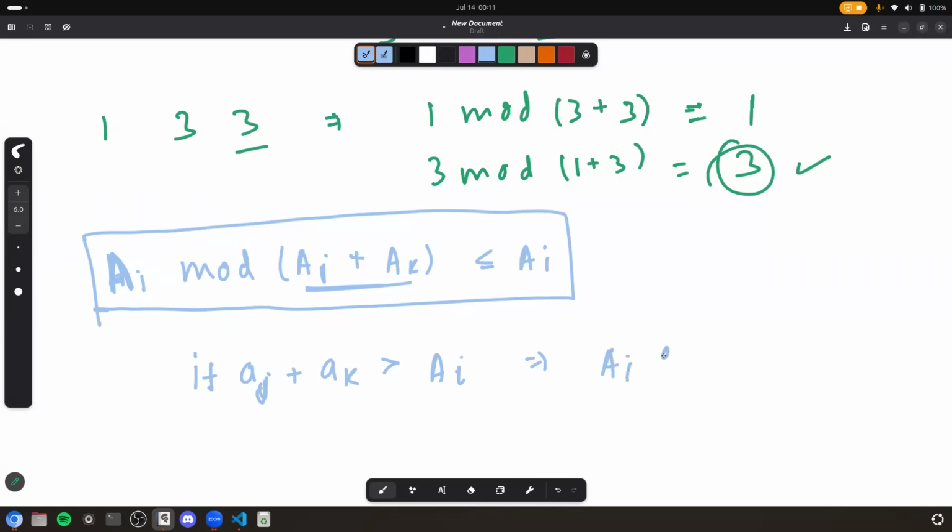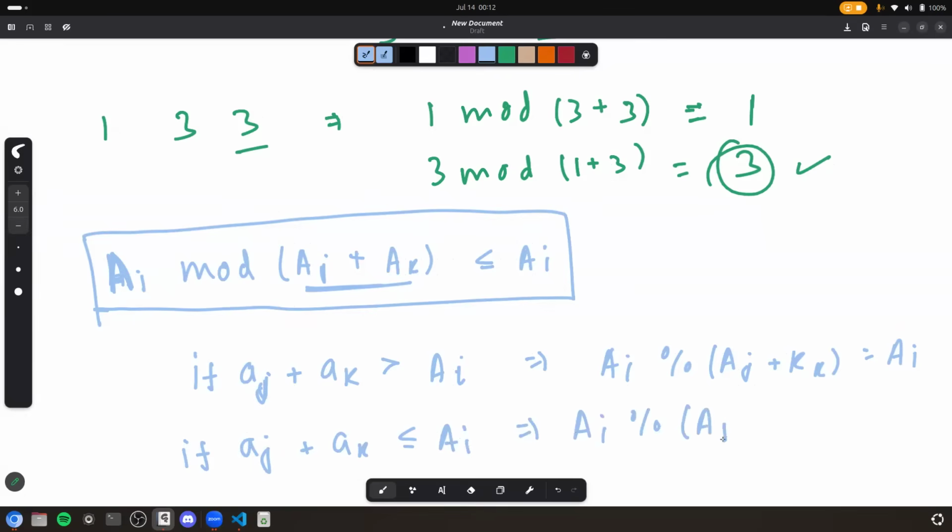So AI modulo AJ plus AK would be simply AI. But if AJ plus AK is less than or equal to AI, then the modulo AI mod AJ plus AK